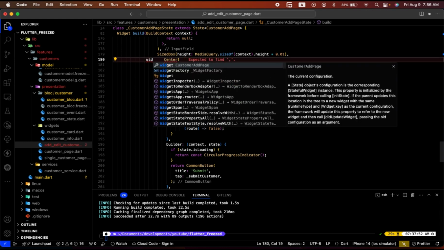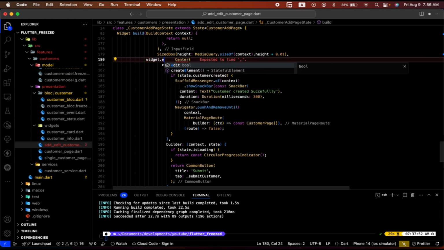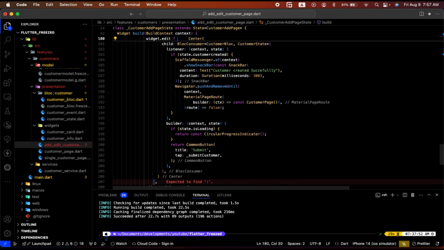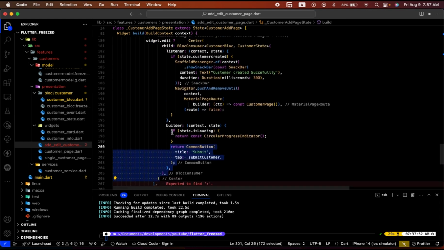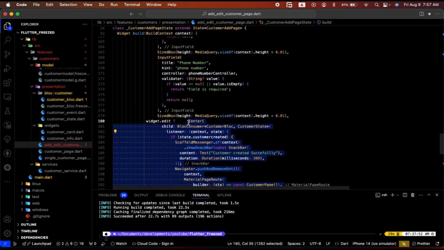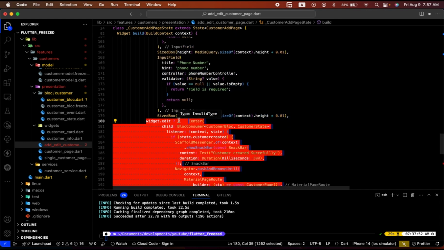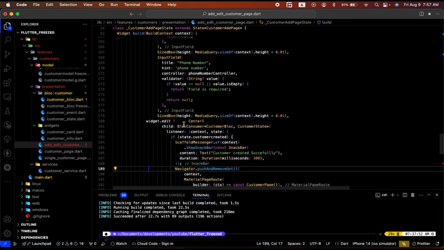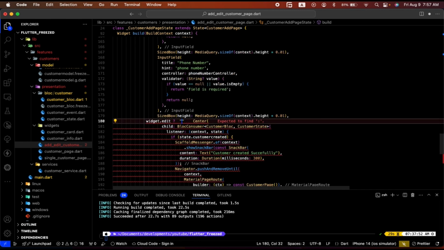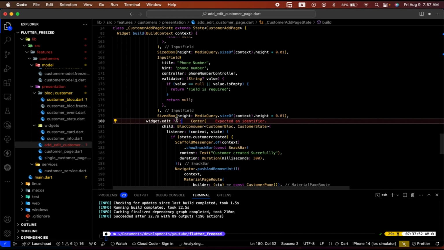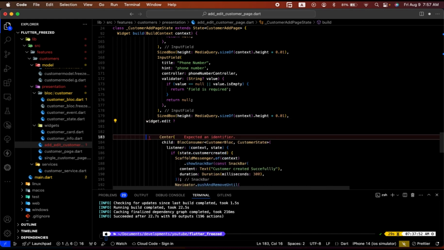We can say if we are in edit mode, I want to copy this, the same button, but I will change a couple of things. I can put else, but if we're in edit mode,